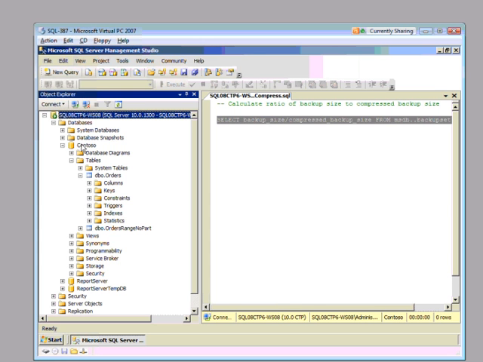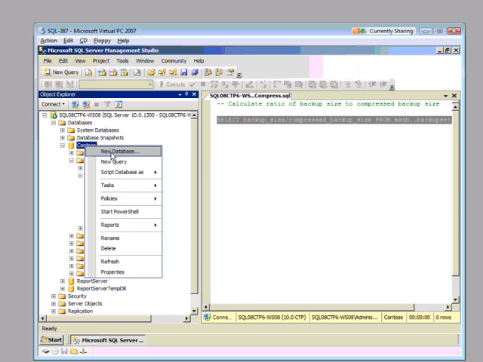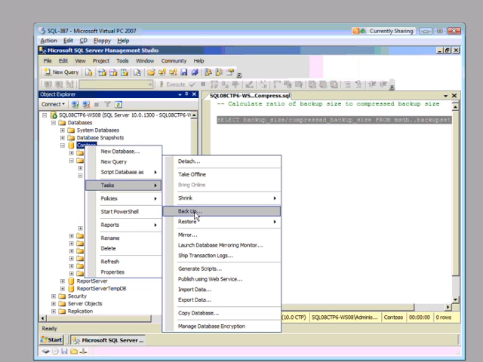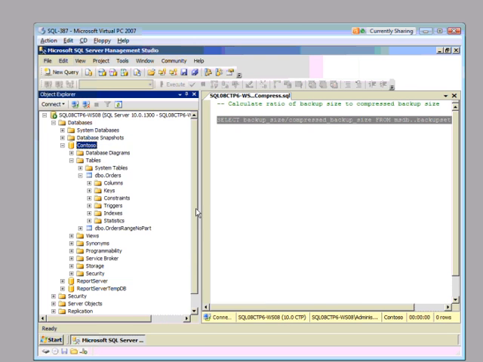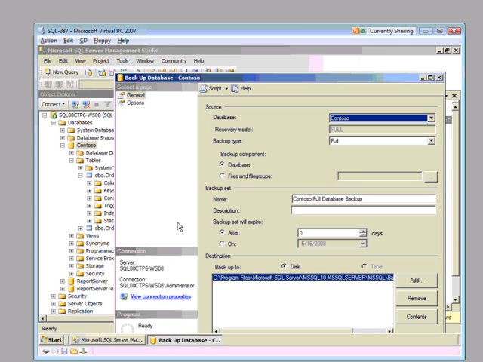So let's go back to our Contoso database. There we are. And let's do a task and a backup. We'll get our nice backup wizard. Now the compression ratio of a compressed backup is going to depend on the type of data that's being compressed. Some factors to include are going to be the type of data, character data compresses the most tightly, and whether or not the data is compressed and or going to be encrypted. So let's go ahead and do this. Let's see our backup database,